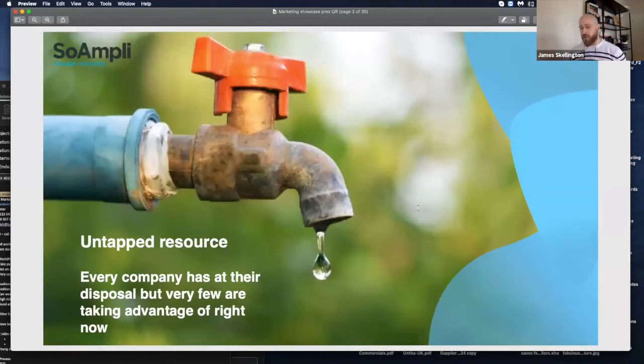So as I just mentioned, social media and employee advocacy is really an untapped resource. It's something that all businesses have access to, yet very few of us are actually taking advantage of. If you think about the networks within your business and even maybe yourself, people have been cultivating a network over their entire business career. And in some businesses, people have got 30 or 40 years worth of connections. Yet those are seldom leveraged through platforms like LinkedIn, Facebook, Twitter,